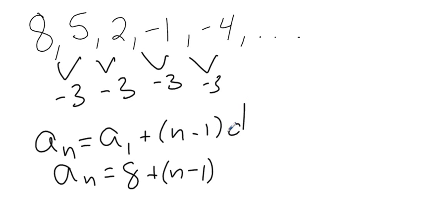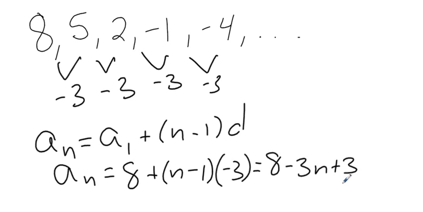And we look at our common difference, which is d, and our common difference is negative 3. Now we can simplify this expression a little bit. We can distribute negative 3 through and come up with a more simplified version of our expression here. So 8 minus negative 3n plus 3,